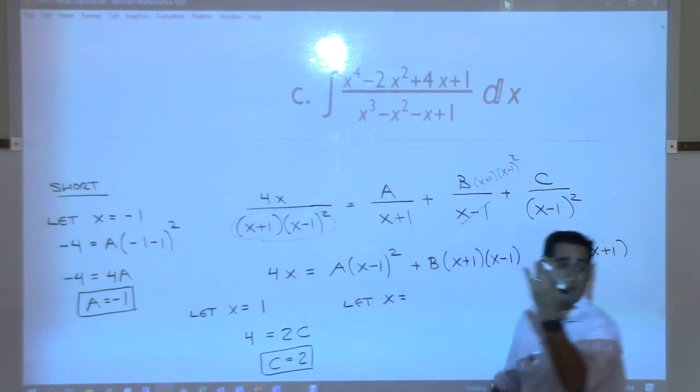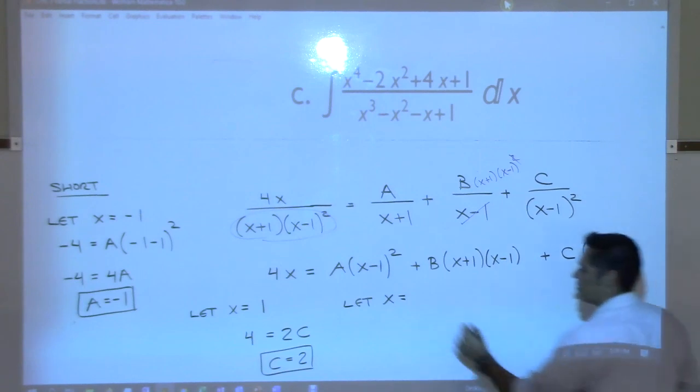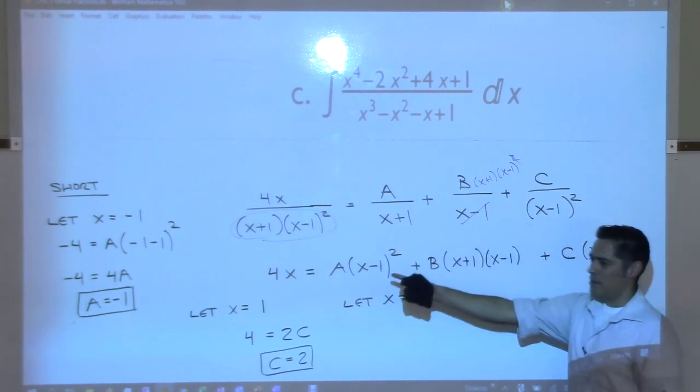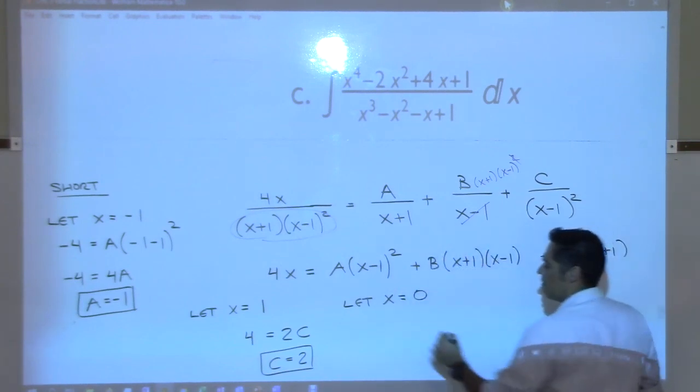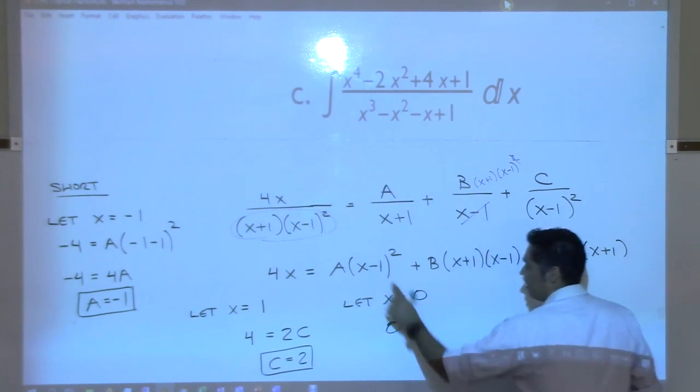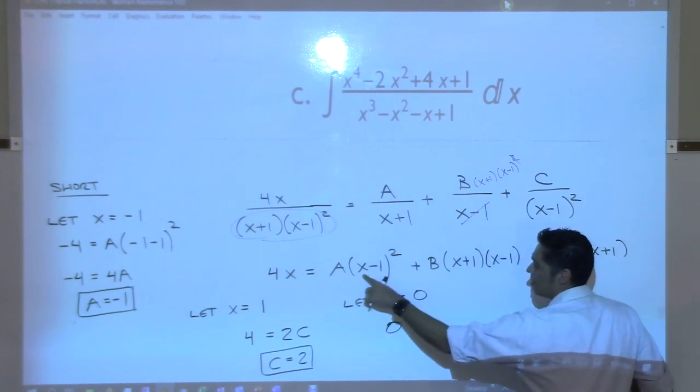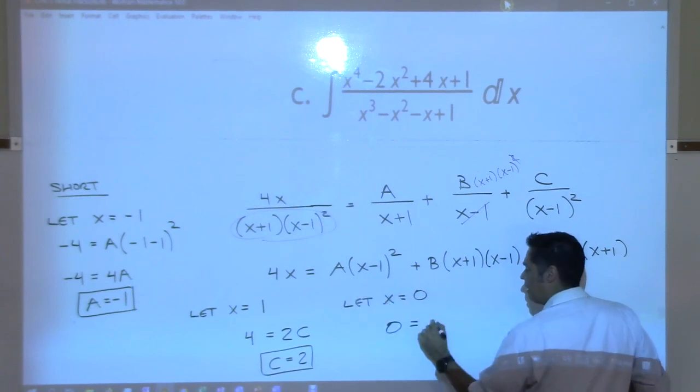So James, what do you want then? 0. 0 is a great choice because it kills a lot of the left side at least. That gives us 0 equals, okay, now this is not going to be 0, but what's a? A is -1. So -1